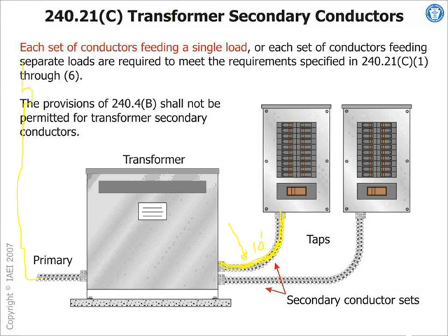Number one, guys, the code says when you tap them, the rules we talked about, the secondary conductors do not extend beyond the switchgear enclosure, and flow in a raceway which extends from the transformer to the enclosure. So you have to put them in a raceway, land them in a circuit breaker, and that conductor cannot be